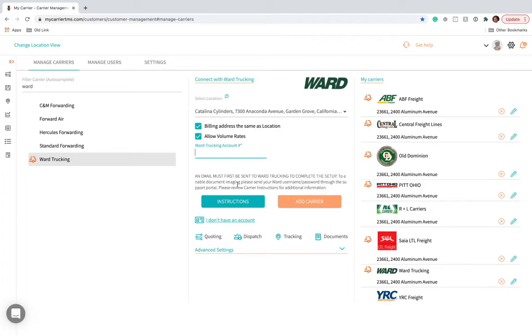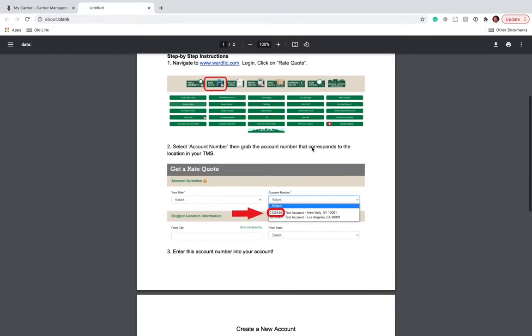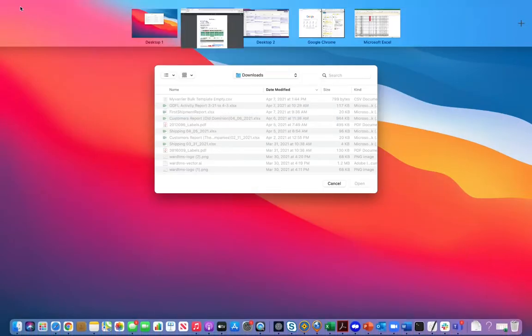Don't know how to access the information? Hit the instructions tile, and it will open up specific instructions to the carrier you are trying to get connected with. This platform is built for self-service. However,